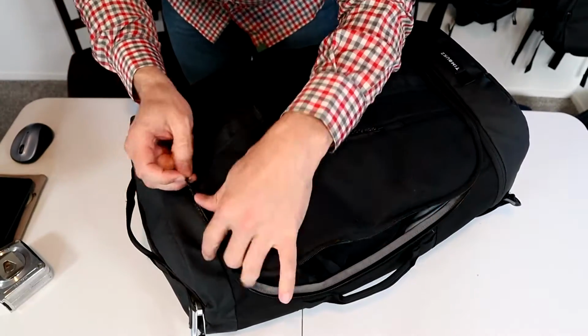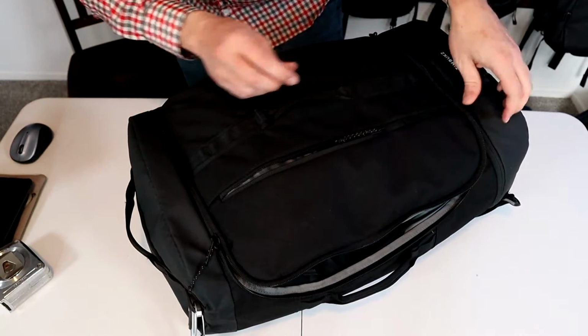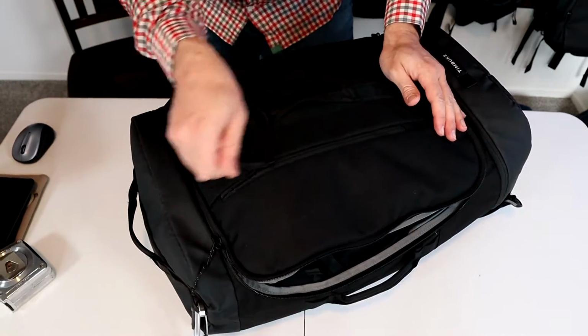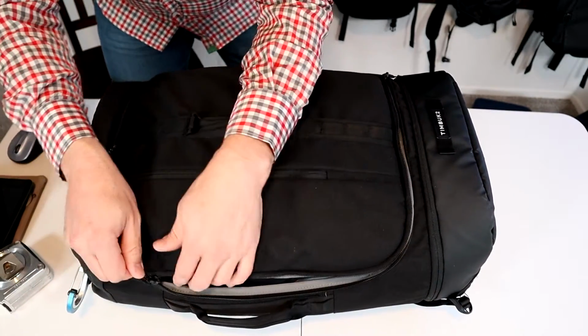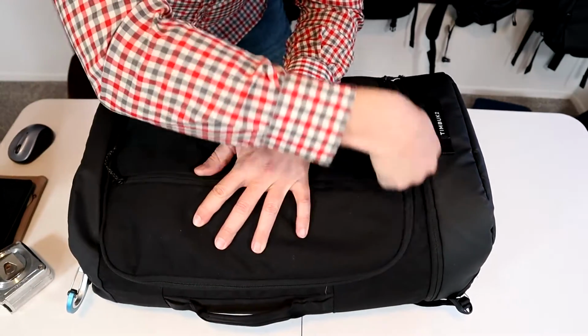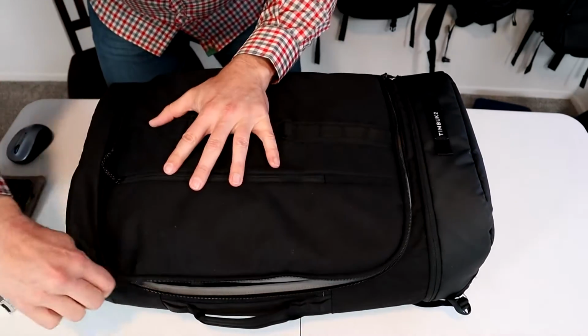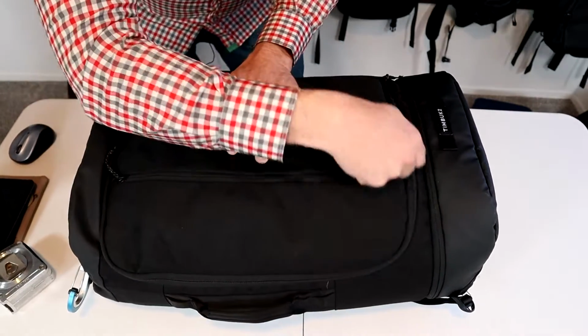The zippers are all YKK number 8 locking on the main compartment, with all of the rest being number 5s. They did a good job choosing high quality zippers, but I think they could have gone a little larger. Number 10 would be better. These 8s aren't quite as smooth and they can get stuck, especially in the main compartment when you're going around